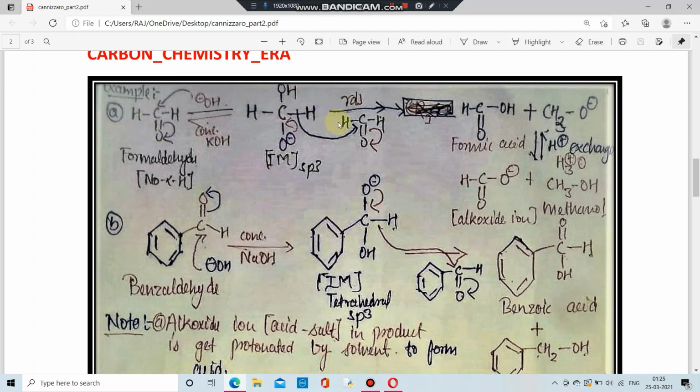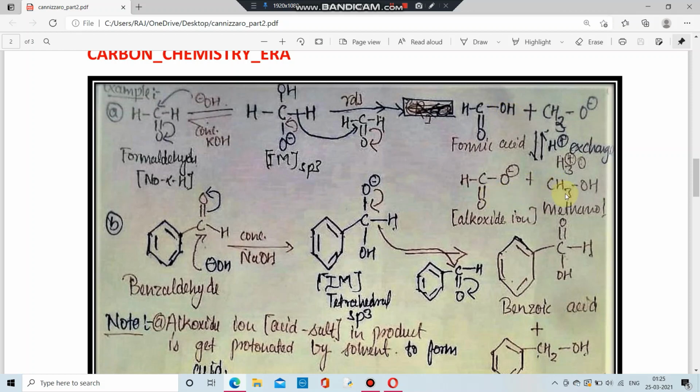So we are going to take another molecule of aldehyde. Now, this CH bond is going to break. The hydride ion transfer takes place from this molecule to this molecule. So from this we are going to get formic acid, and from this we are going to get methanol. Look, this is a formic acid, this is a methoxide. Now there is an H plus exchange between these. So in the final product we are going to get the salt of the acid, and another is methanol.